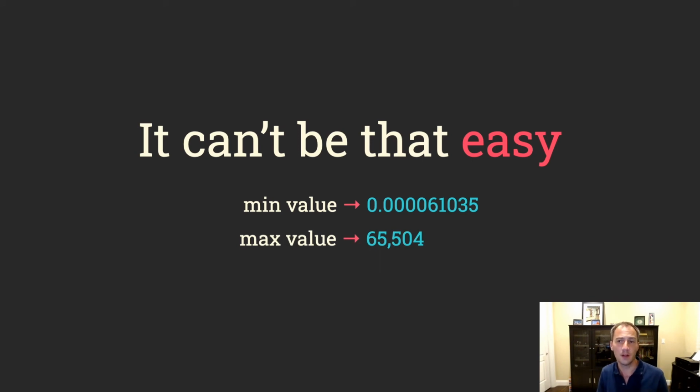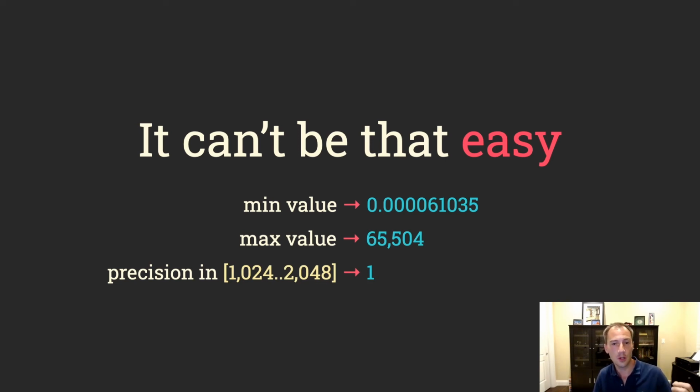The second issue is that the max value is only 65K or so, which is not that big, and we're going to see an example of why it's not enough. And finally, once we reach 1024, we lose all fractional precision. This makes half float unsuited to store things like texture sizes, UV coordinates, world positions, vertex positions. For instance, if you use meter as your unit in your engine and you store positions in half floats, at 1 kilometer away from the origin, you would have a precision of 1 meter, which is pretty terrible.